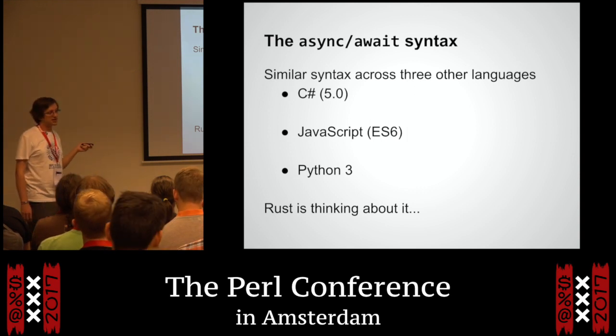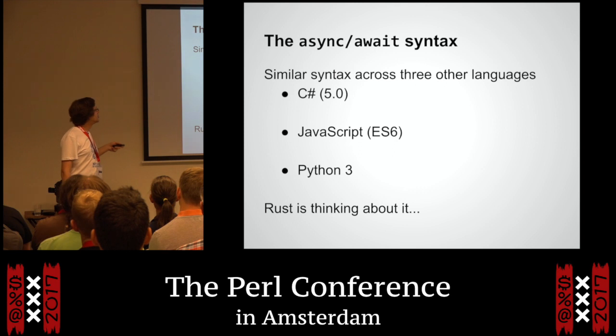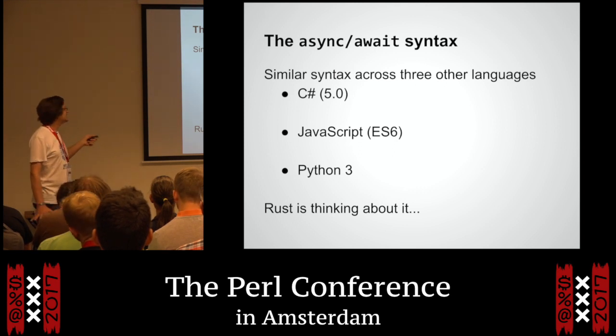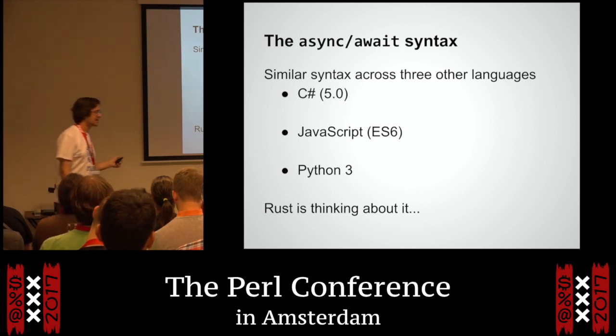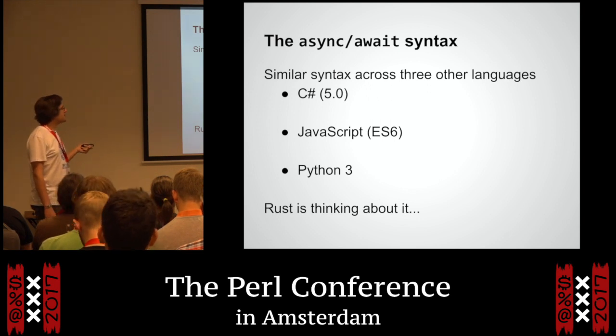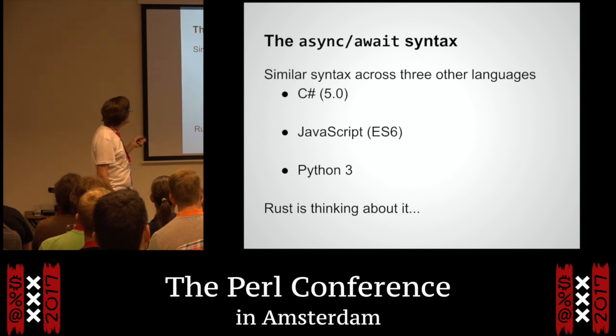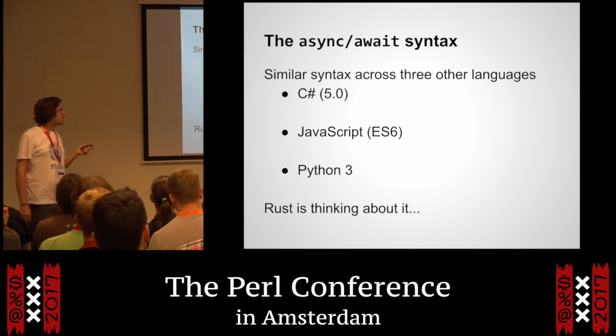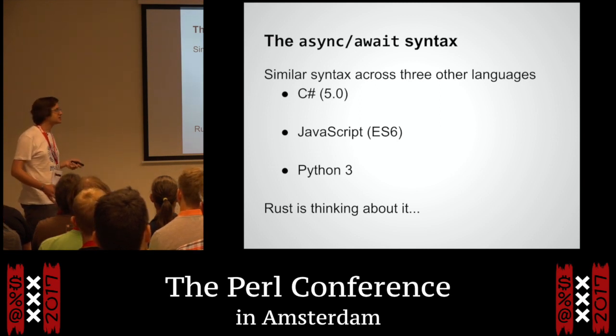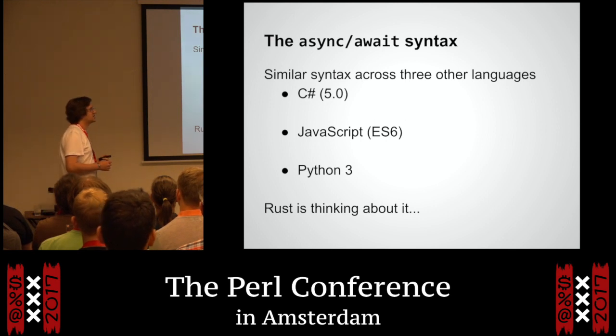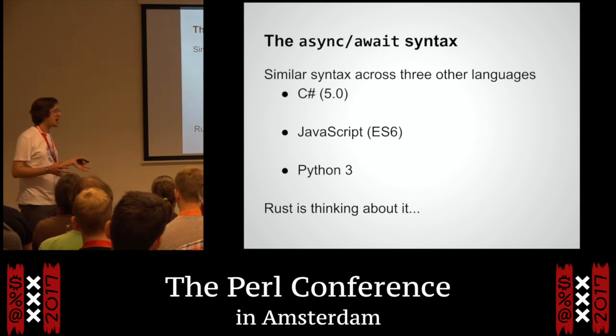And even Rust actually lately. I didn't put out an example because they haven't converged on exact details yet because they're Rust and they're going to spend ages debating the finer points. But they've decided that this is a nice idea and they're going to start thinking about it. So these are four quite different, quite diverse languages, and they've all come to the same conclusion that the same style of syntax is nice, and it's looking like it could eventually become this sort of universal idea, along with things like a while loop and an if statement. I mean, if you think of what while loops and if statements look like across these four languages, they're identical, right?